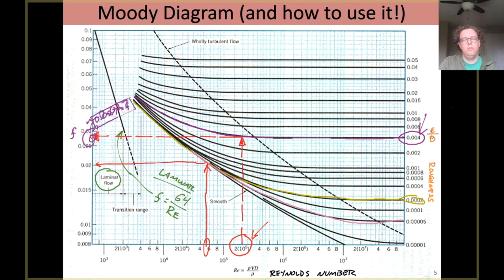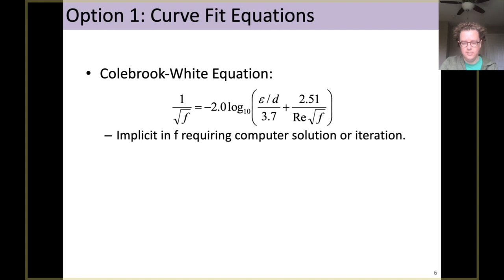Now, that Moody diagram seems perhaps a little frustrating. Aren't there better ways to do this? So there absolutely are alternatives. I'm not convinced they're better, but they do exist. And what these are basically, folks who are trying to take the empirical results on the Moody diagram and approximate